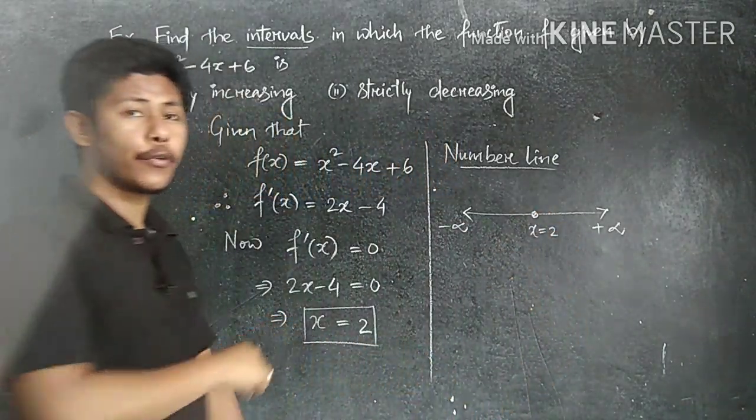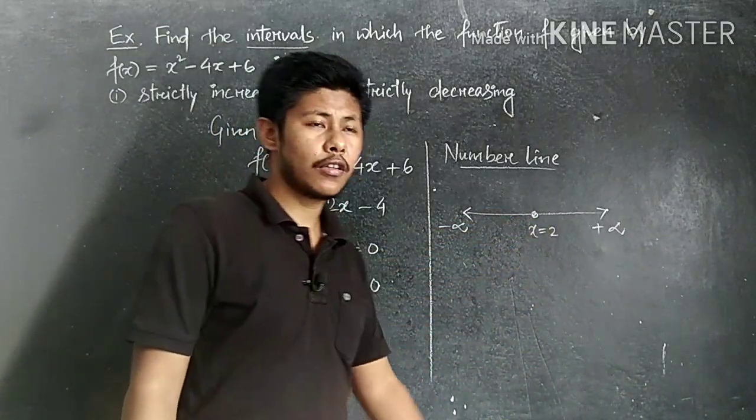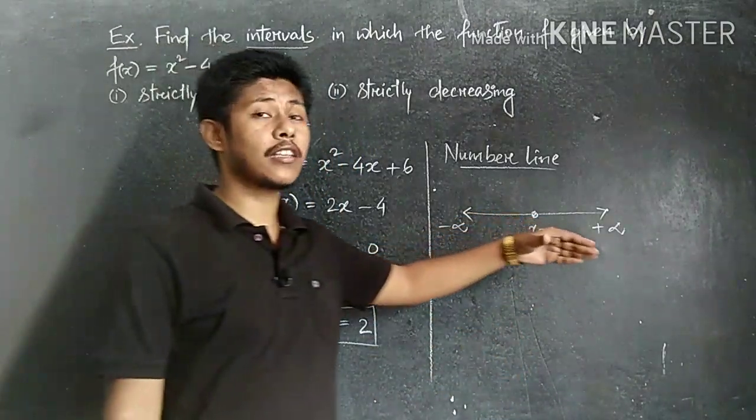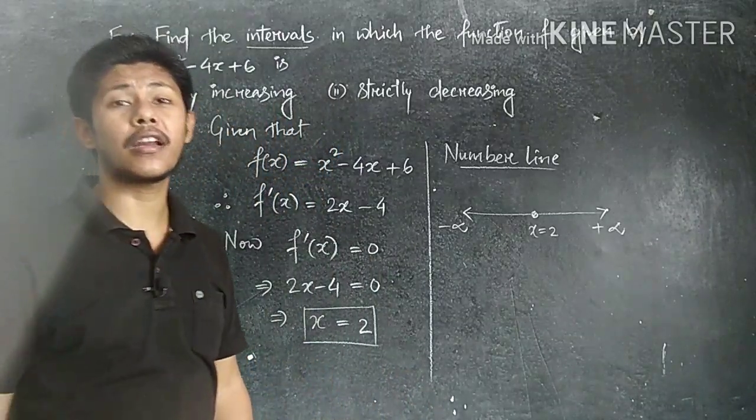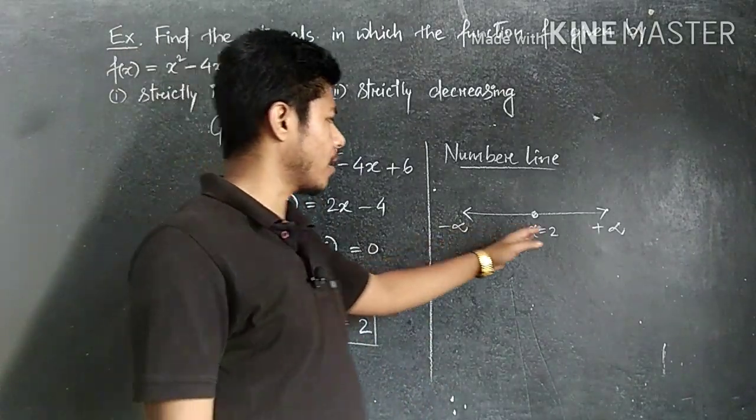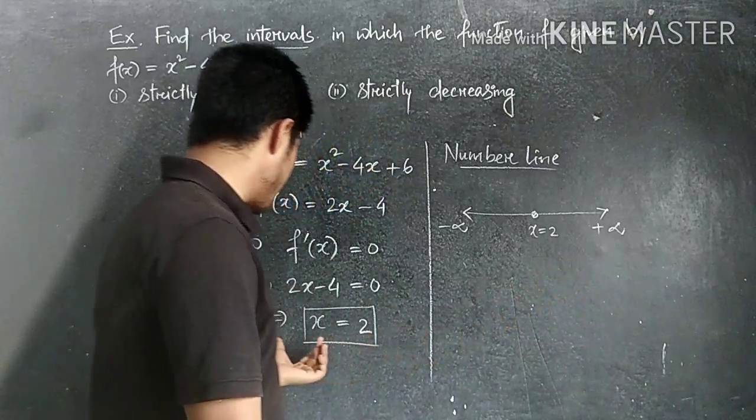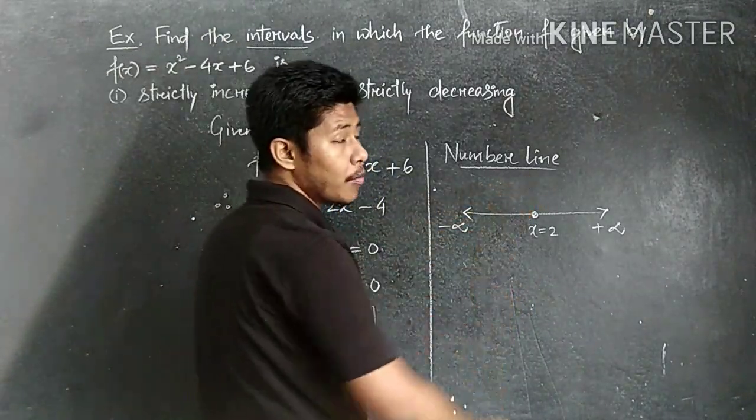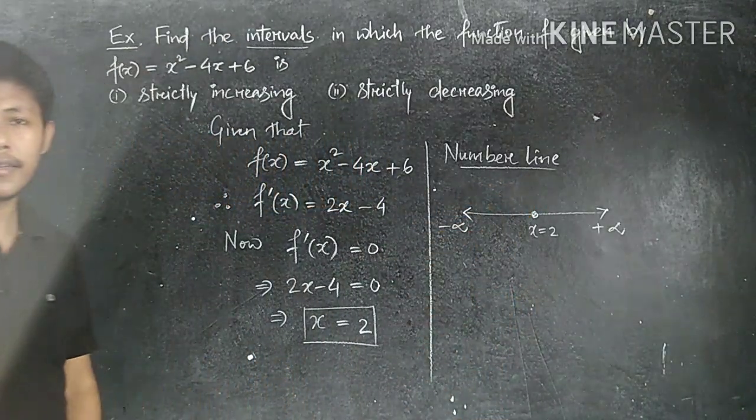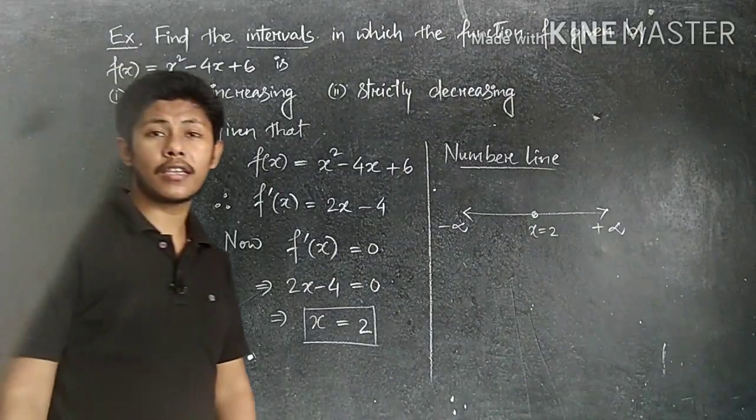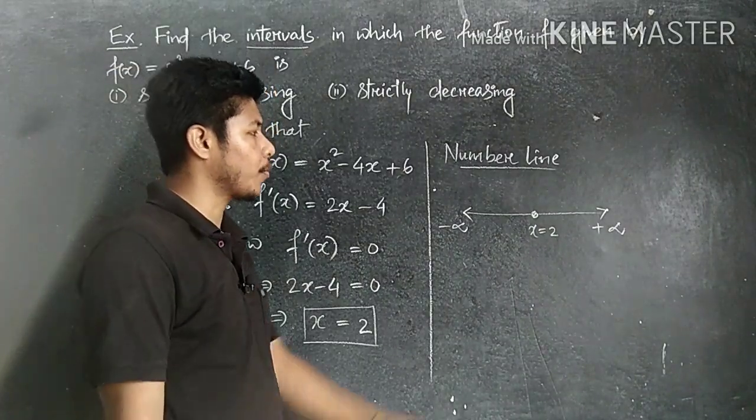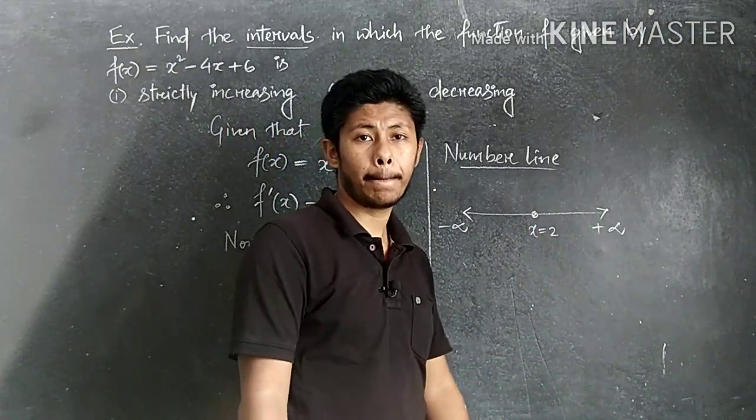Only one critical point we get, so that's why we put 2 here. This type of plotting in class 11 we have already done in the case of linear inequation. In the same way here we put this 2. If more points are there, according to the number line we have to plot the points here. Is it clear? Now if you see here, after plotting the point x equal to 2,